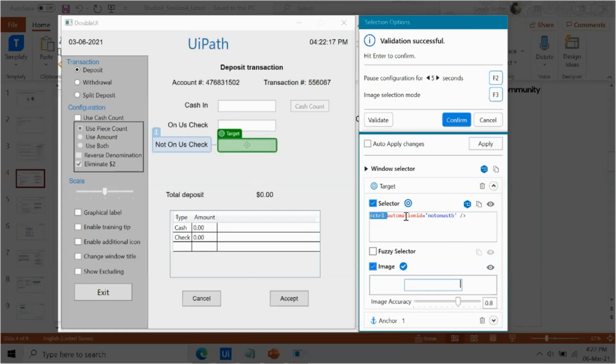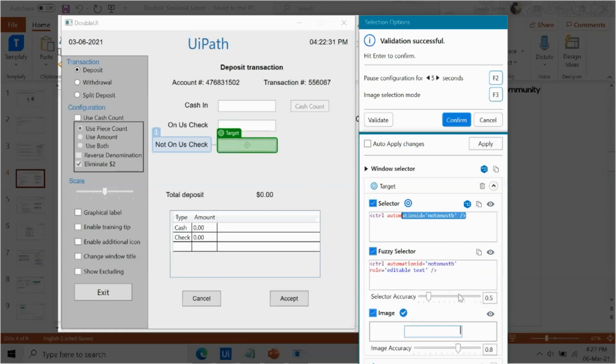Based on those web attributes captured by the bot, it tries to interact with the target applications. However, in the fuzzy selector, we see that there is a selector accuracy as well, and it tries to identify the target based on the string and pattern.